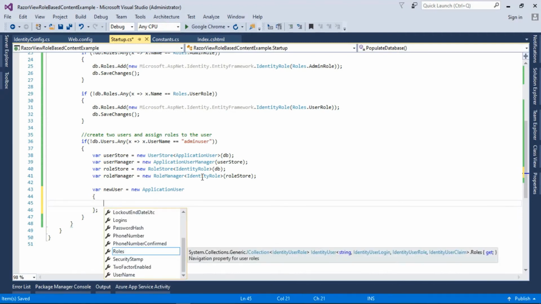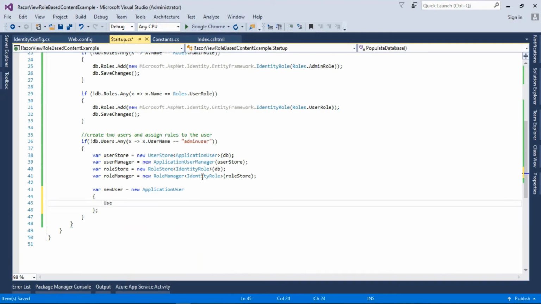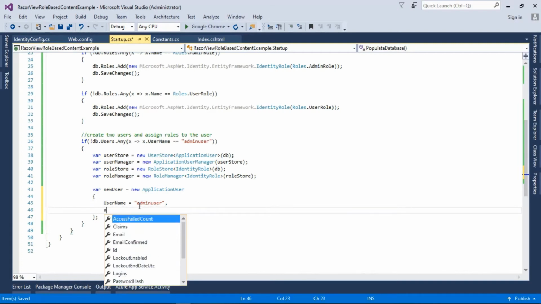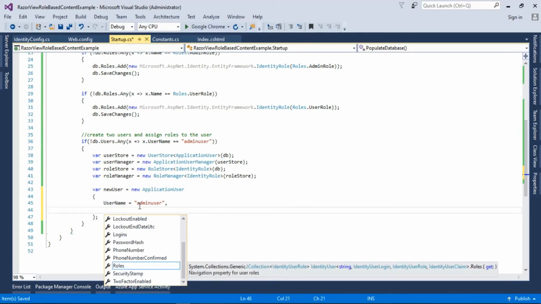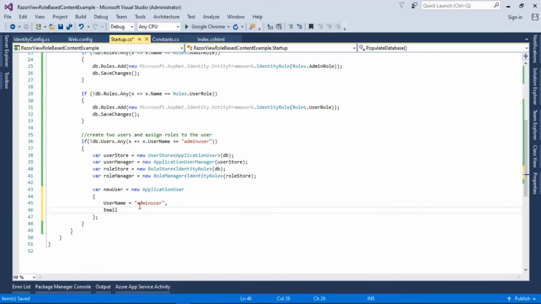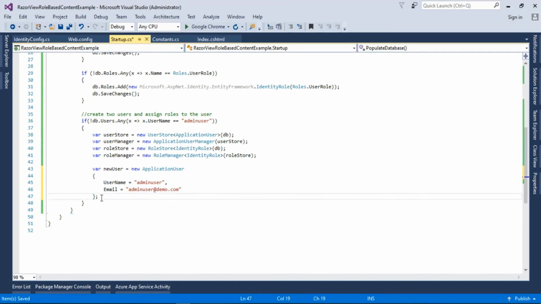So here we will pass the username equal to admin user, and next we will add the email. So email will be admin user @demo.com. You can add any of this, and now we will pass this object to the user manager.